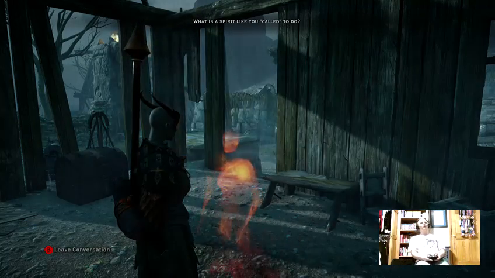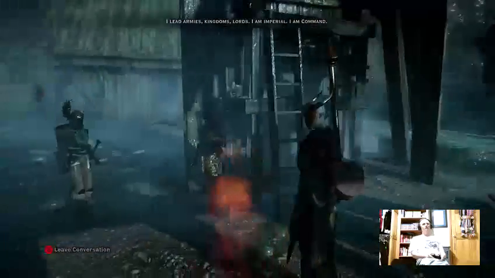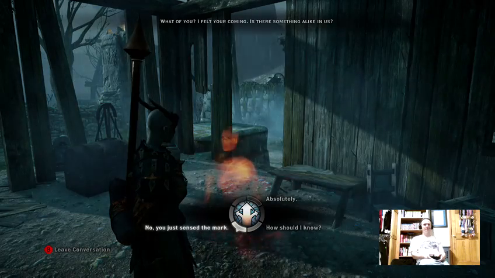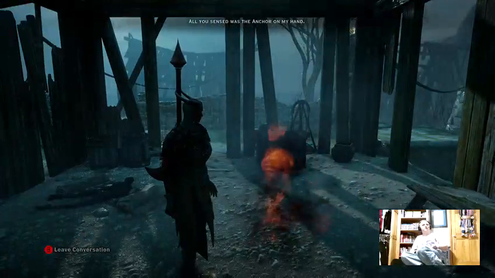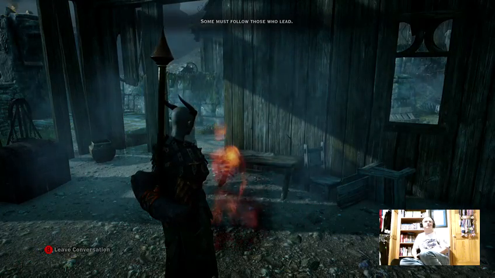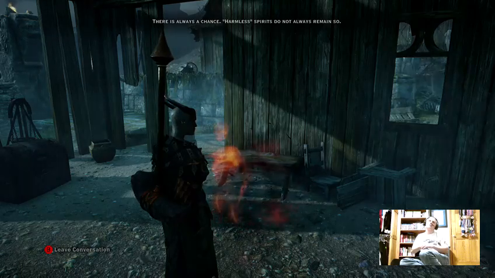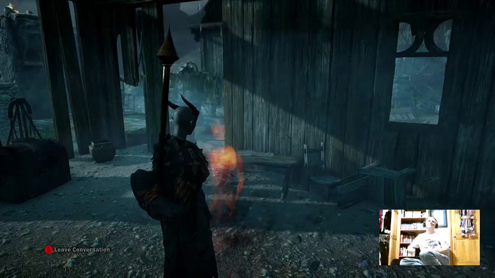What is a spirit like you called to do? I lead armies, kingdoms, lords. I am imperial. I am command. What of you? I felt your coming. Is there something alike in us? All you sensed was the anchor on my hand. Then you are less than I thought, but feel no shame. Some must follow those who lead. Is it harmless, Cassandra? Or could it turn into a demon? There's always a chance. Harmless spirits do not always remain so. Nonsense! I am in control of my fate. I was not addressing...